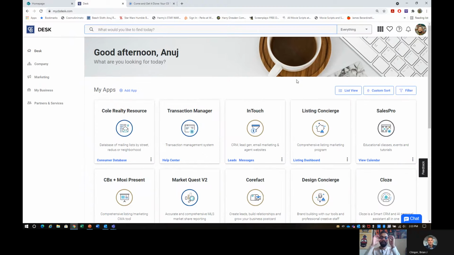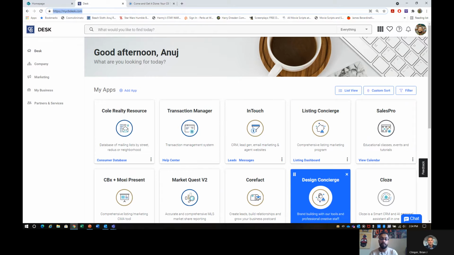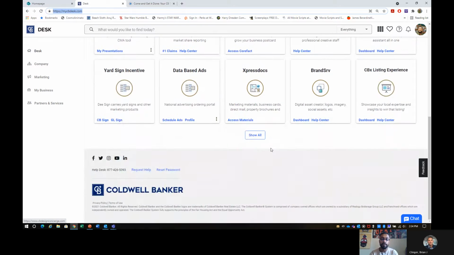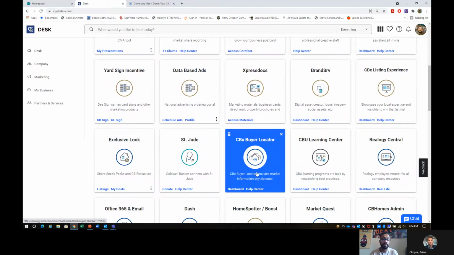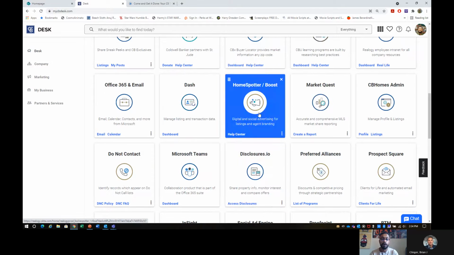So now that I've zoomed in a little bit, what we're looking at here is mycbdesk.com. CBDesk is an internal resource and intranet that houses all of our tools, as well as a ton of the resources that we've partnered with to help you manage your business. So Desk is the mainstay where all of these tiles are located, and all of these tiles or apps are different programs that you can get into,